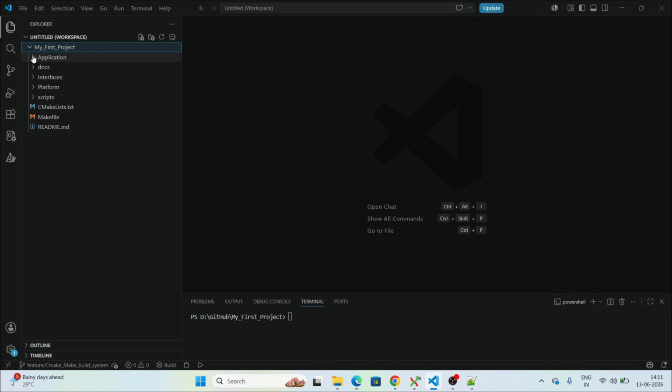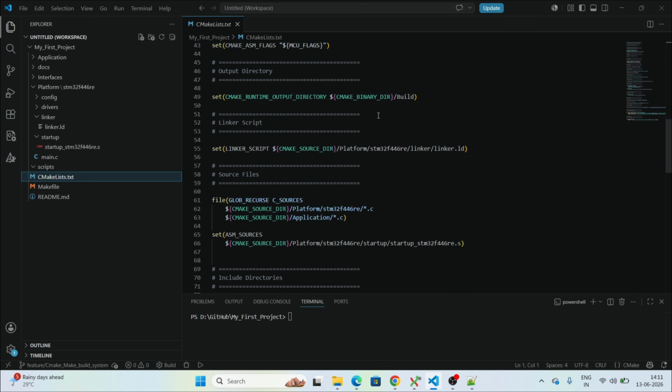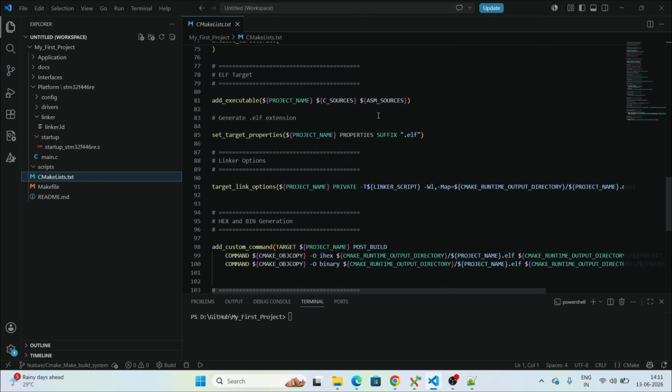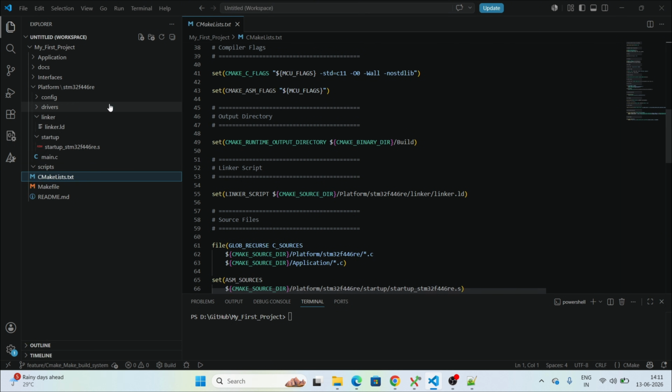So here I have a project called my first project, and I have a folder called platform. Under linker file, I have a linker file. Under startup file, and I have one main.c file. Earlier I created a CMakeLists.txt in my previous video. Here I will show you how to compile the CMakeLists.txt to generate